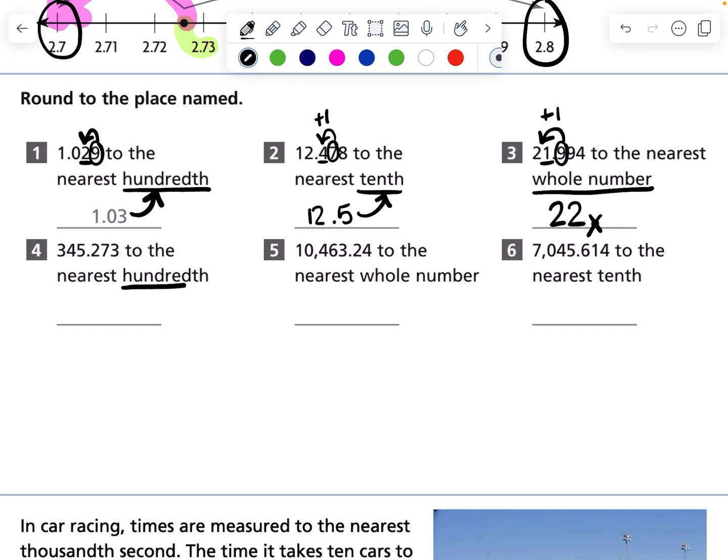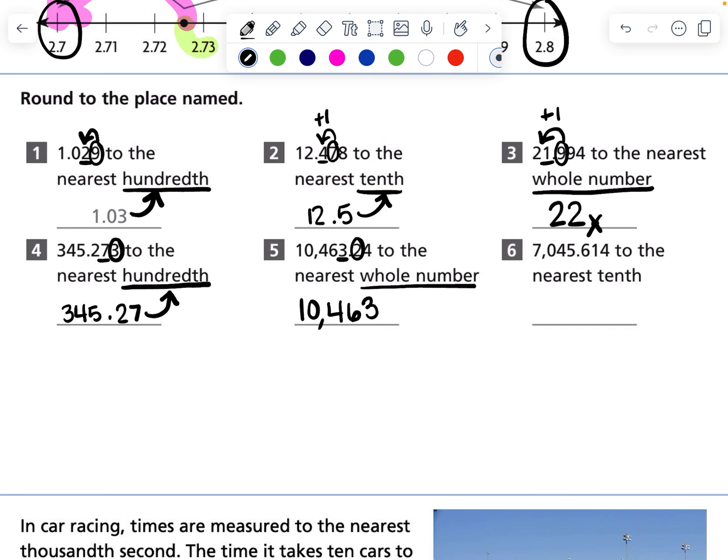Number 4, round to the nearest hundredth. Find your number, look right next door. Since my digit that I've circled right next door is 4 or less, I'm going to ignore that number in the hundredths place and leave it alone as 345 and 27/100. Here again we have to the nearest whole number, number 5. Find the number to the left of your decimal. Use the first decimal to determine whether or not you're going to ignore that digit or round up. I know that that 2 does not affect my number. I now have